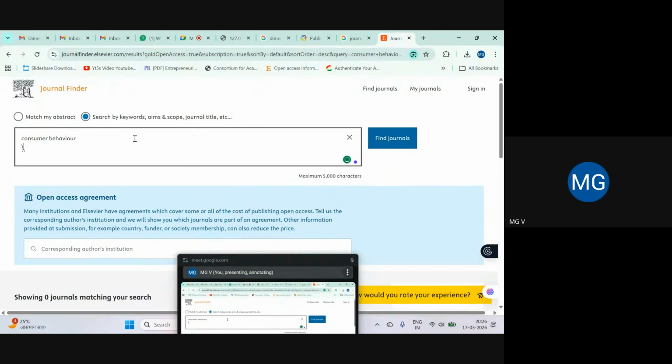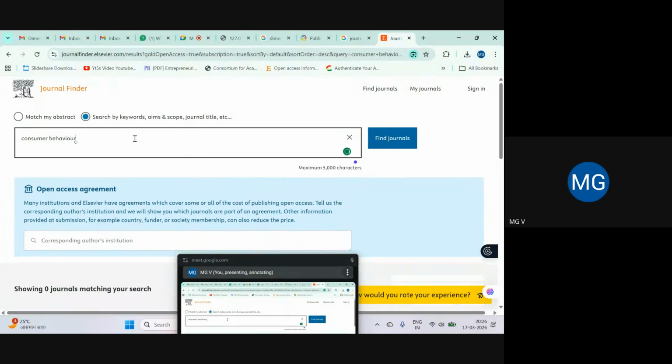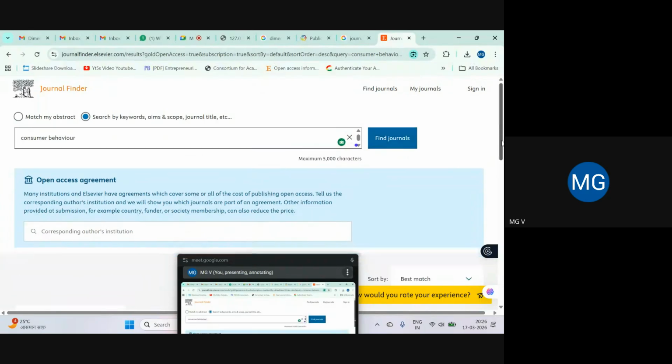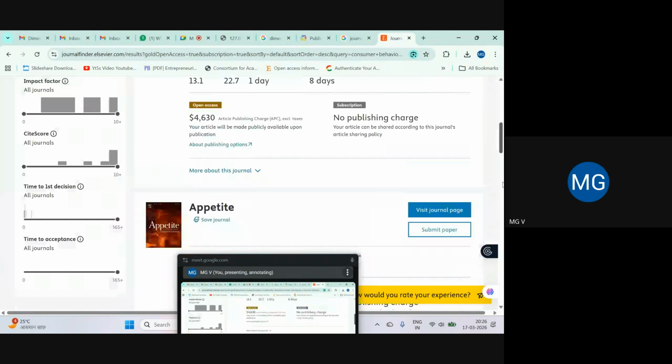So, what I need to do is, I need to paste some abstract here. Yes, here are the journals.